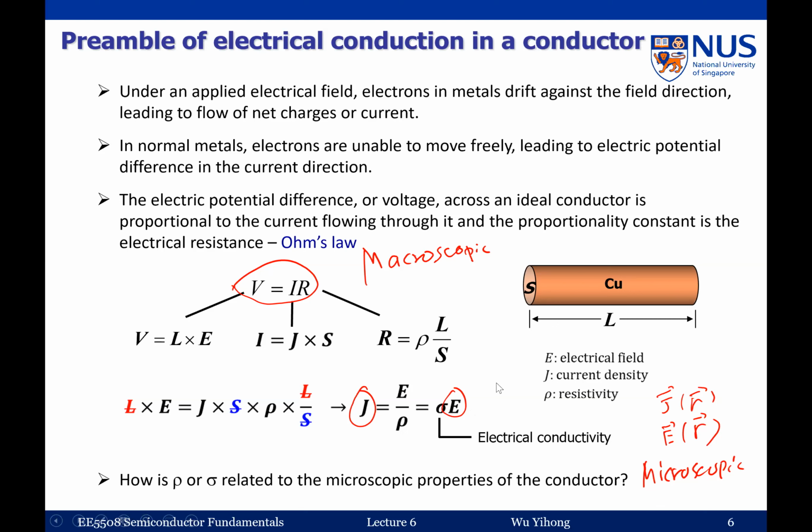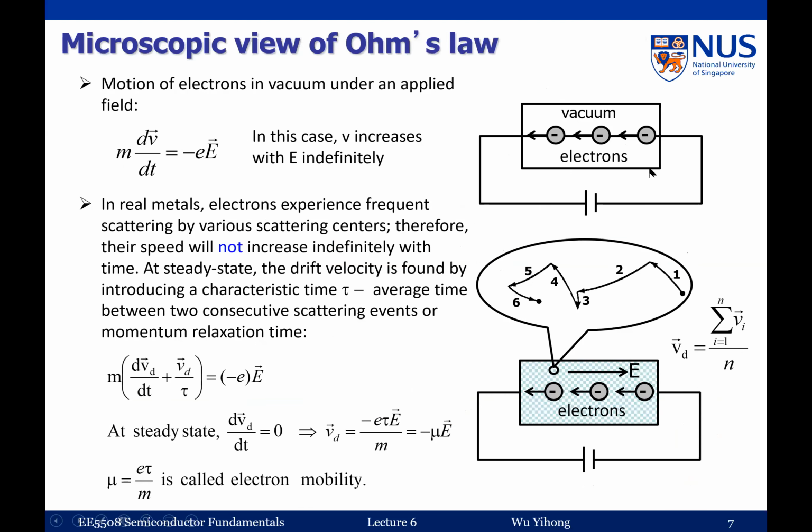So now we look at the conductivity. How is the conductivity related to other microscopic properties of the material? So now let's look at the basic electron transport. Suppose you have a vacuum, so inside the vacuum, you have a number of electrons. Now if you apply a driving force with this electric field, then of course, electrons will start to move. When electrons start to move, if it's a vacuum and there's no scattering between all these electrons themselves, and since in the vacuum there's nothing inside, unless you hit the boundary,